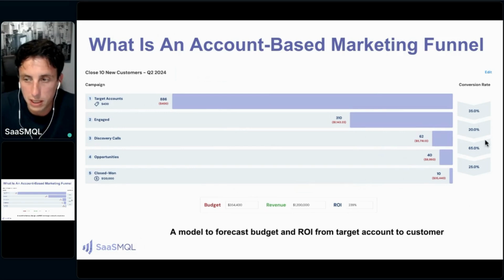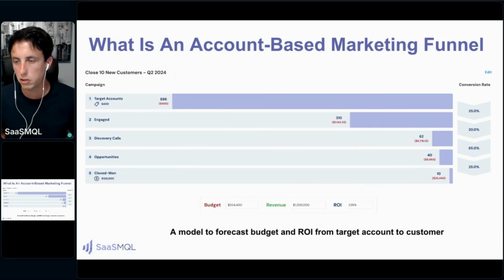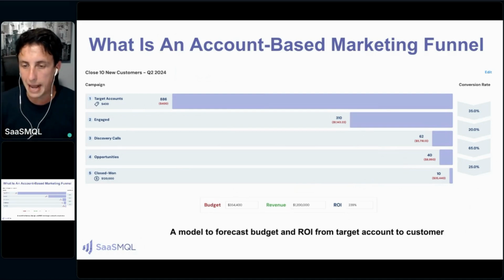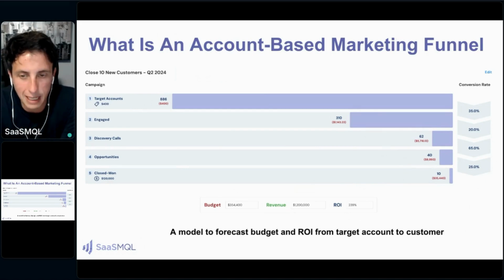So you see these conversion rates here. Where am I getting those? Obviously, this is not our first time running this campaign, so we have data to use. We're not really making them up from scratch, even though if it's your first time, you're probably going to have to use benchmarks or make a lot of assumptions on what my conversion rate is going to be from target cold accounts to engaged, from engaged to discovery call, to opportunity, to closed-won. So you have to create some estimates,